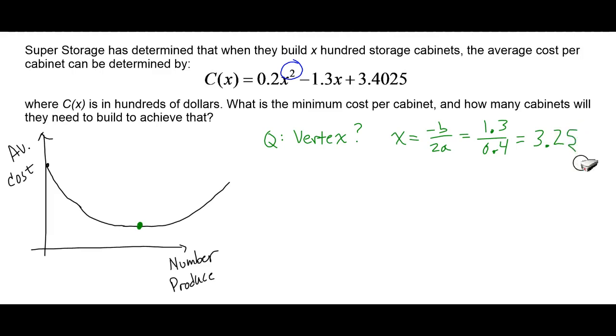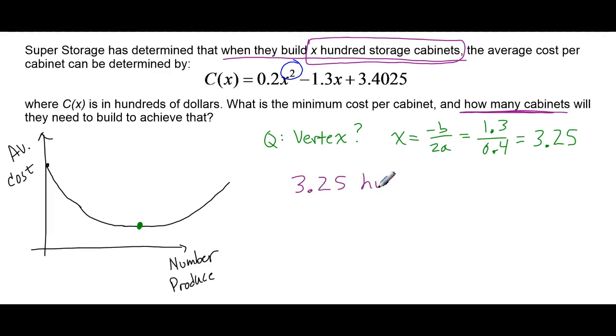And then you got to make sure you're actually answering the question. The question here says, what is the minimum cost per cabinet, and how many cabinets will they need to build to achieve that? X is which one? You got to stop and go back and reinterpret. X is the number of storage cabinets when they build X hundred storage cabinets. So when they say how many cabinets, that's what we just figured out. They're going to have to produce